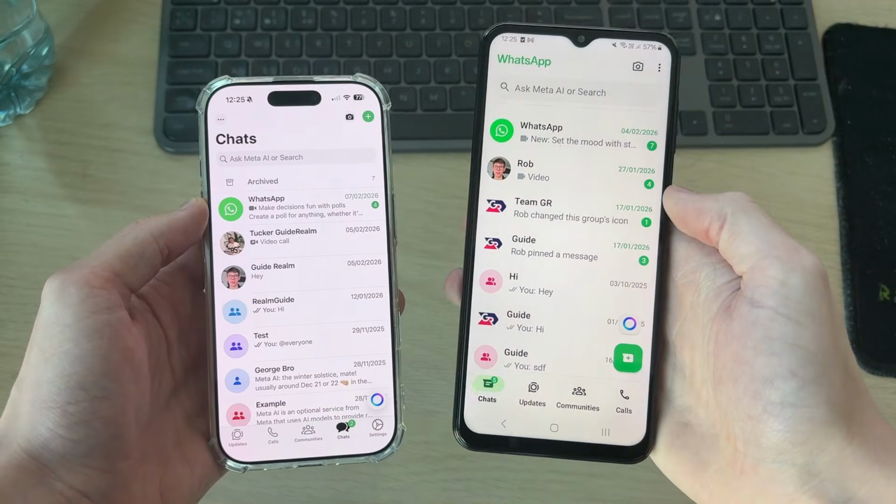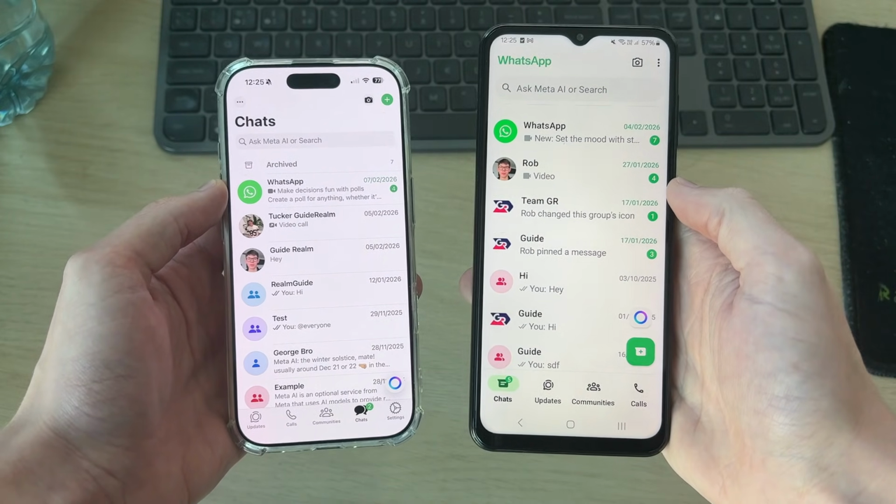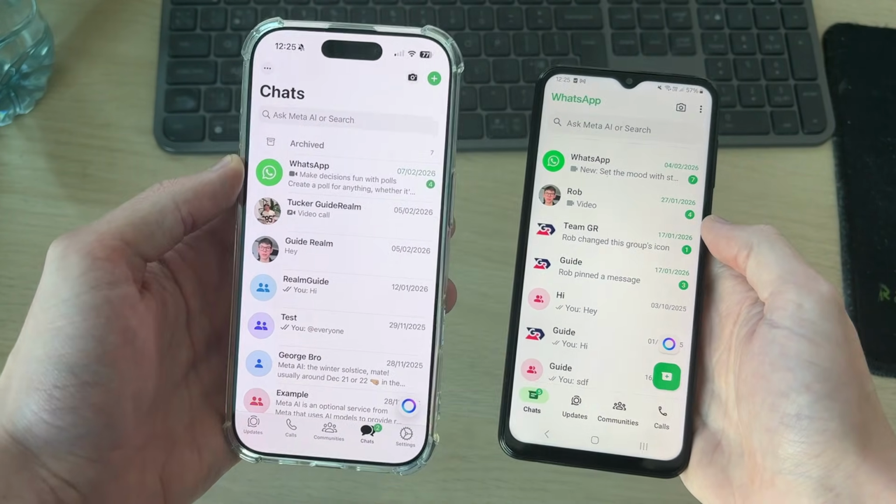We'll guide you through how to archive and unarchive chats and groups in WhatsApp on both an iPhone and an